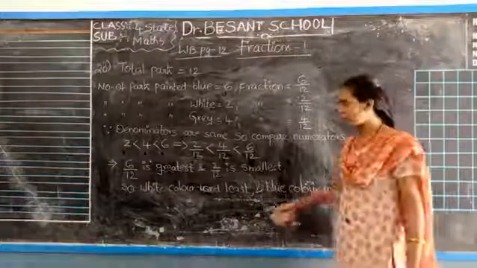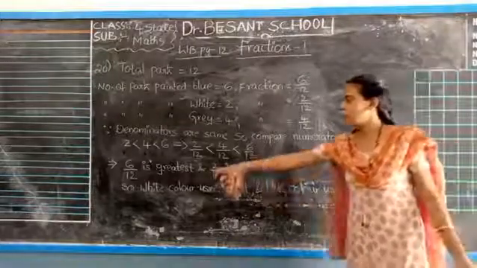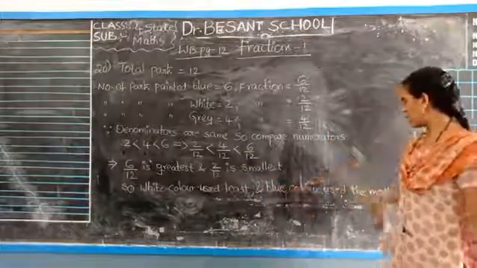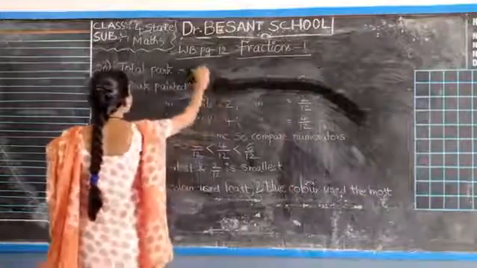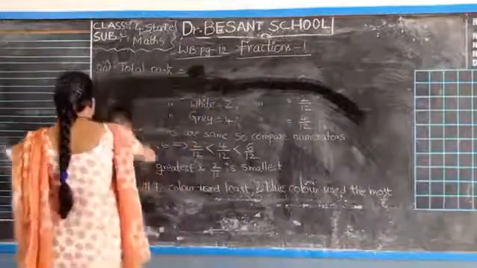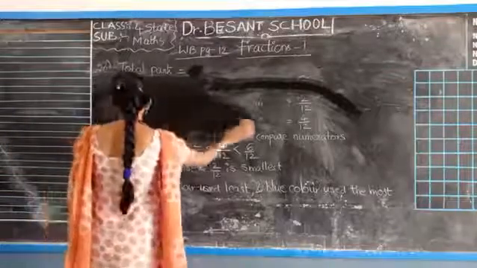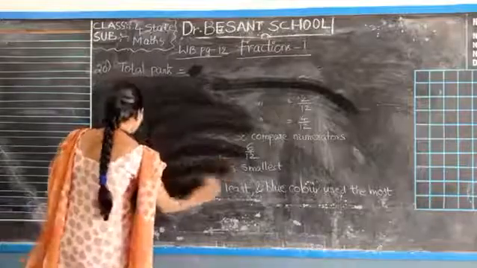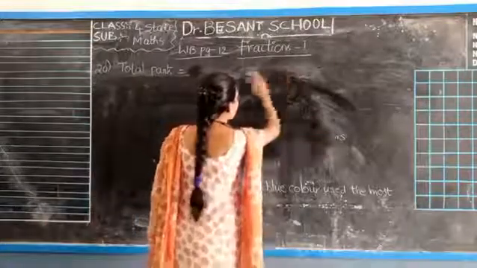He asked us to write which color is used the most and which color is used the least. Yes, white color is least, blue color is the most. Let's move on to the next one. What is the next one given? 21st one. Color each figure to represent the given fraction and compare them.